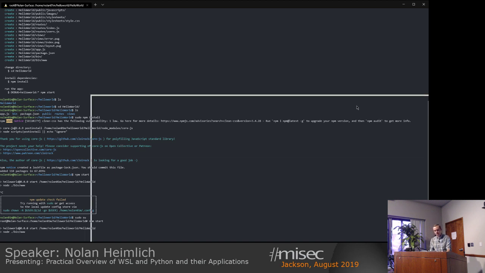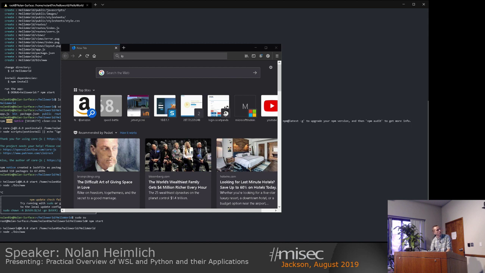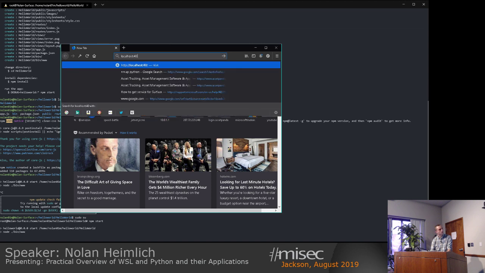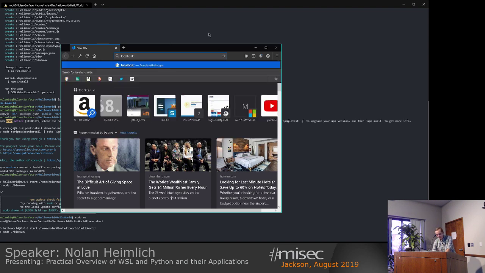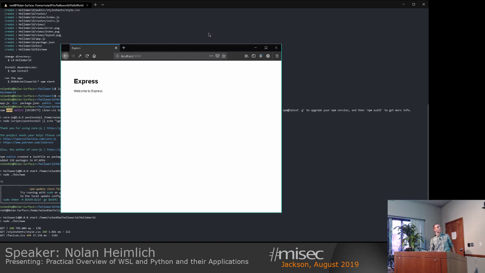Okay, let me move Firefox over. So localhost, sorry. Firefox is sabotaging itself right now. There you go. You're running a web server, even if that was a little painful. Okay, and the cool part is,